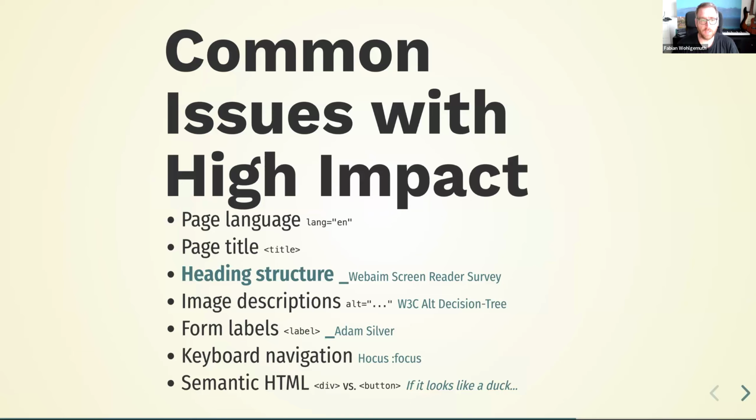And the basics of those are easy fixes. Not all of it, because image descriptions can get quite complicated if you have complex graphics like maps, graphs, and such. But the basics, like having image descriptions at all, is a good start.